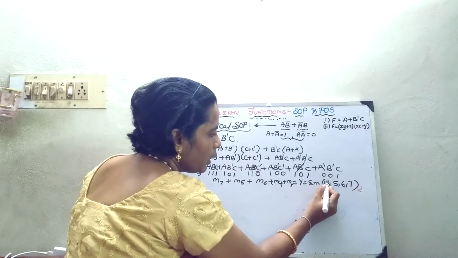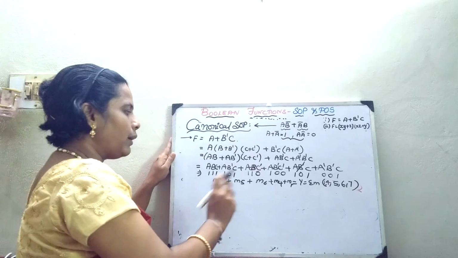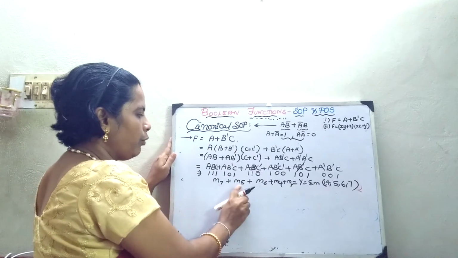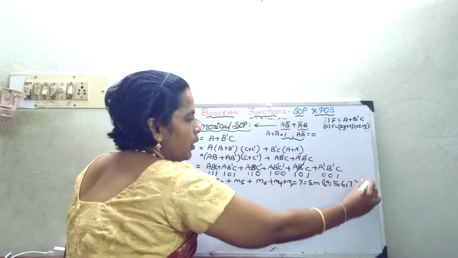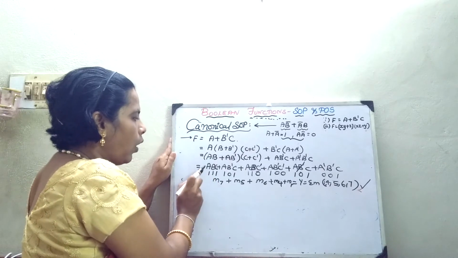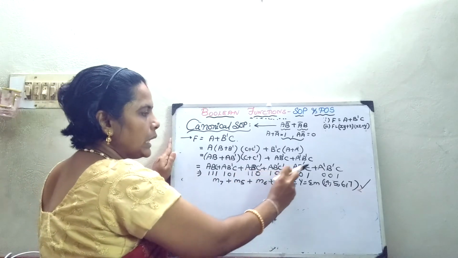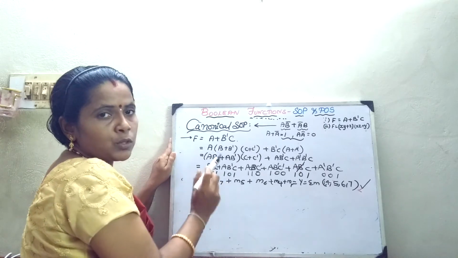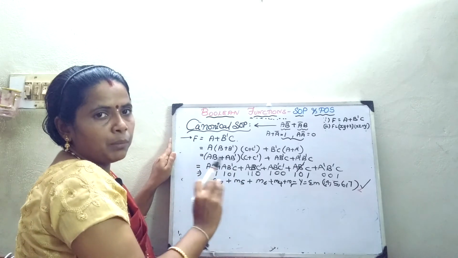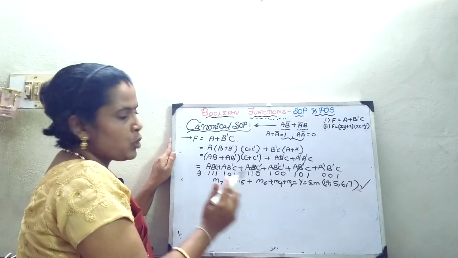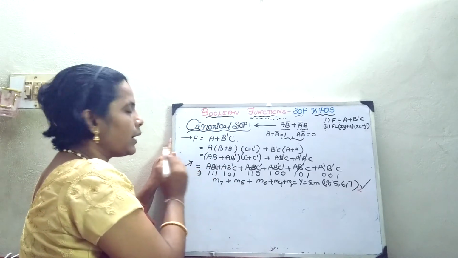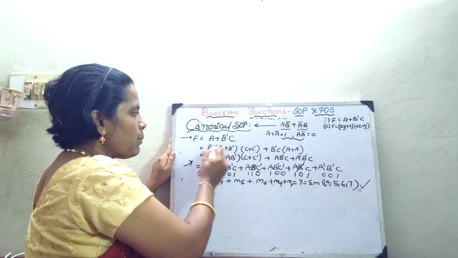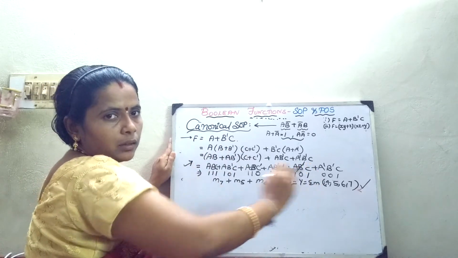So one more variable is added, that's all. So how will you write the expression? 1, 4, 5, 6, 7, that's all. Now here if you see, all the variables are going to be existing in each term, either in normal form or in complementary form. Every term is going to have ABC, either A, B, C or A, B bar, C, anyway. So this is called your standard form. From the simplified expression, how am I going to write it in the standard form.